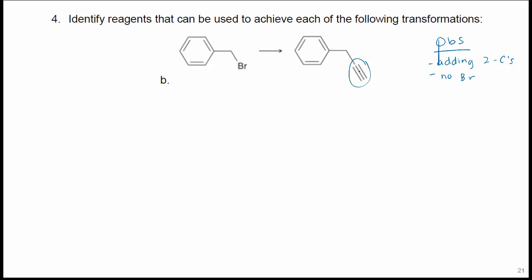I do know that I can add things to an alkyne. If I add NaNH2, and then some R group with Br, that will leave me my alkyne plus a new bond to the R group. So in this case, the group that is being added, that is the R, is this whole thing right here. So I actually don't have to do anything with that RBr.